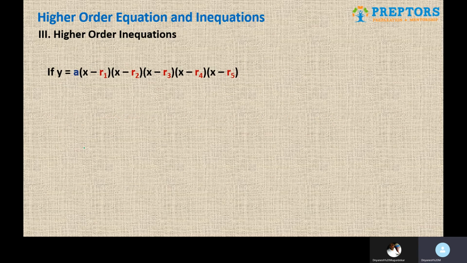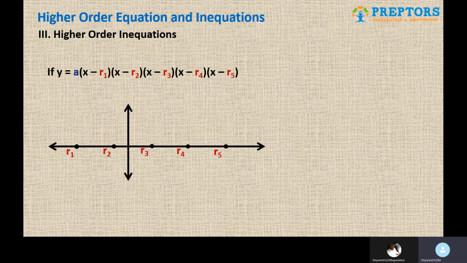The next part is higher order inequation. Now this is how we are going to do it with the help of the graph so that you understand it in a better way. So suppose there is a polynomial, obviously it is of degree 5 because R1, R2, R3, R4, R5 are the roots. It has been represented in the factorized form. And remember that from cubic equation onward, the graph will be a normal random curve intersecting the x-axis in those many points. So here it will be a curve intersecting x-axis in 5 different points, R1, R2, R3, R4, R5, which are the roots of the equation.